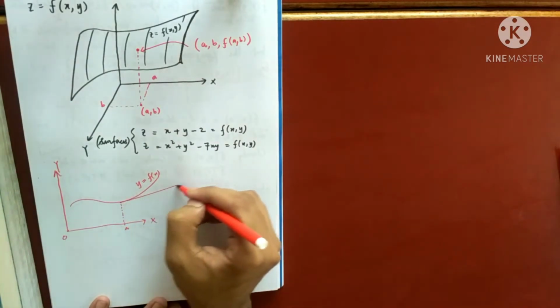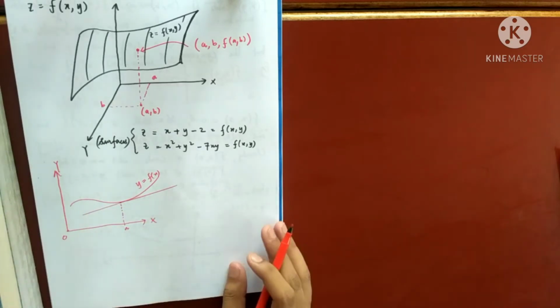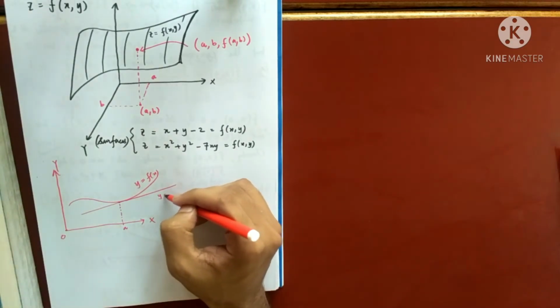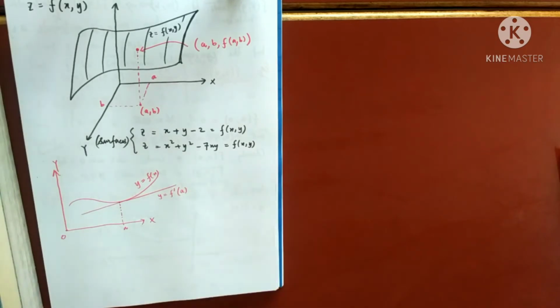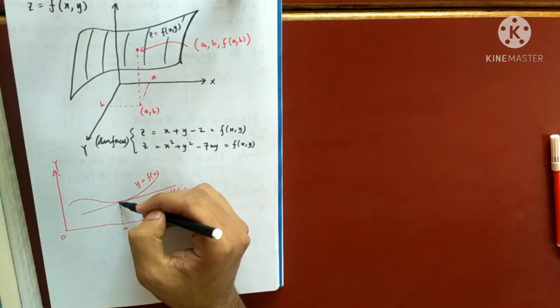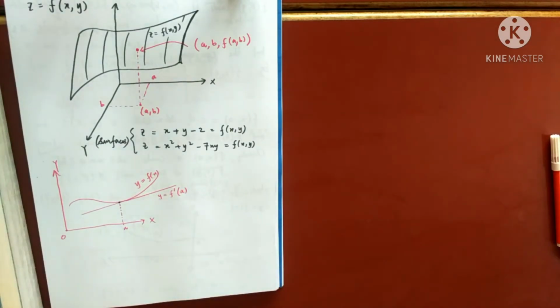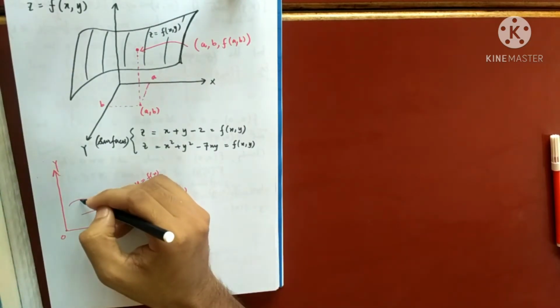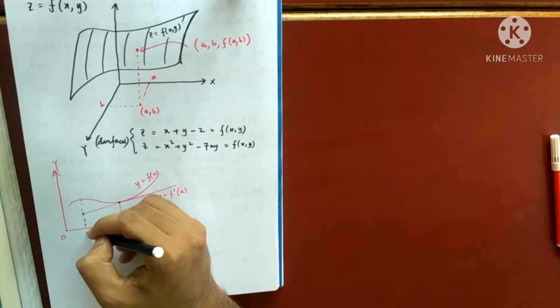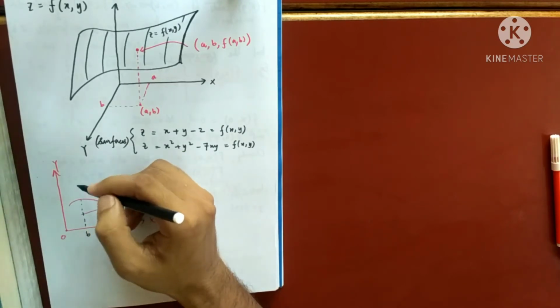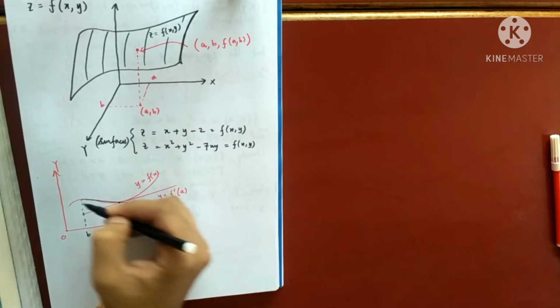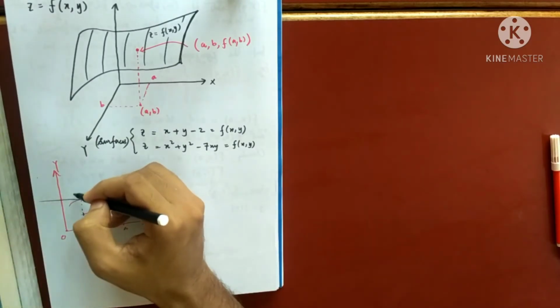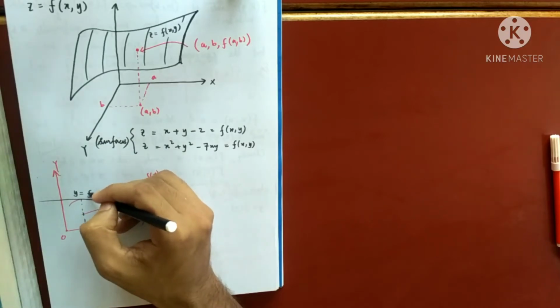then this gives me the slope. So if I find the derivative of the function at this point a, the value of the derivative at a gives me the slope of the tangent drawn at this point. So the slope of this tangent line will be given by f dash x. Suppose the function is differentiable here as well. Suppose this point is some b, then you draw the tangent at this, something like this. So the slope of this tangent is given by this.